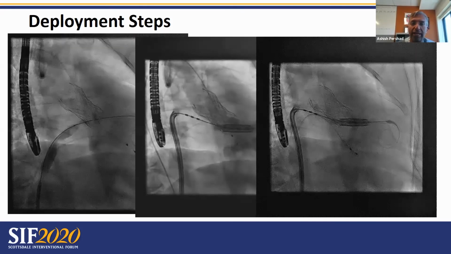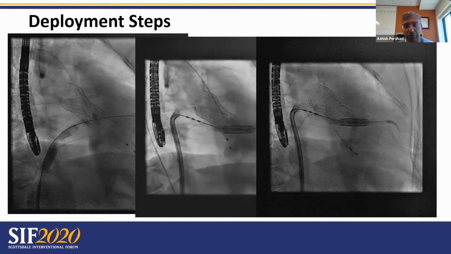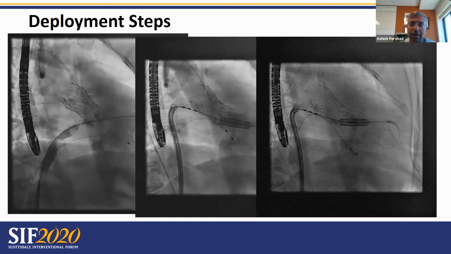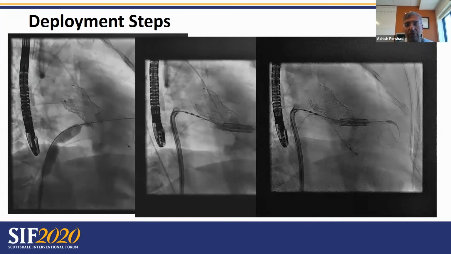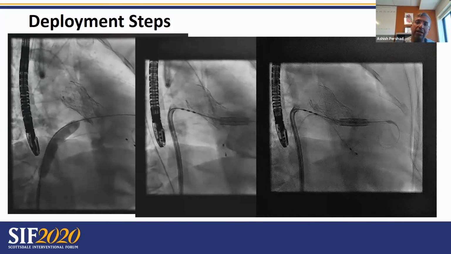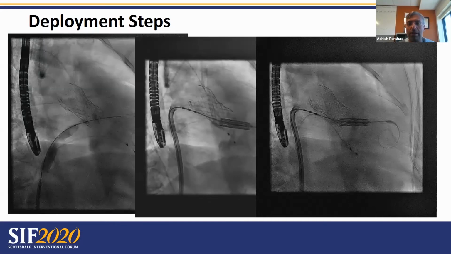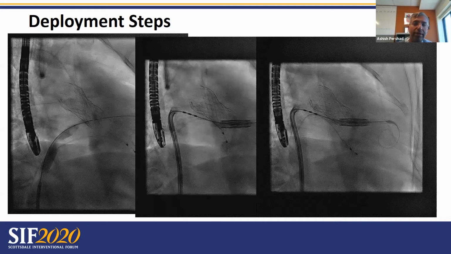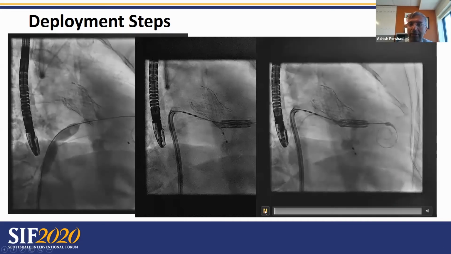Typically, we would like to keep our pusher on the left side, but in this case, as you can see, the pusher is pulled a little further back than we'd like. Care needs to be taken to make sure that the pusher is not on the right side of the heart and is maintained within the left atrium, past the interatrial septum, in case adjustments need to be made once the valve is ready to be deployed. Moving on to the final deployment process shown in the right panel.